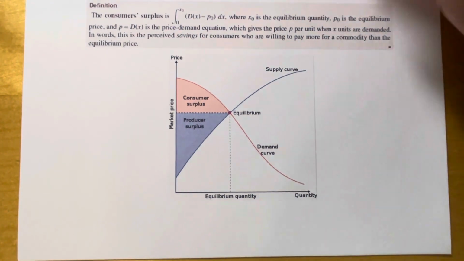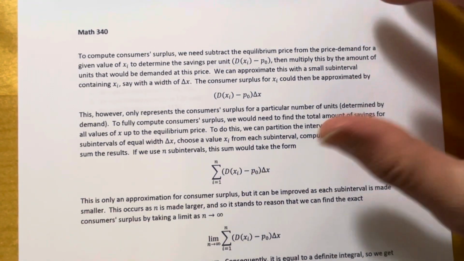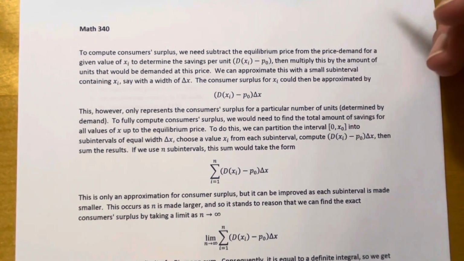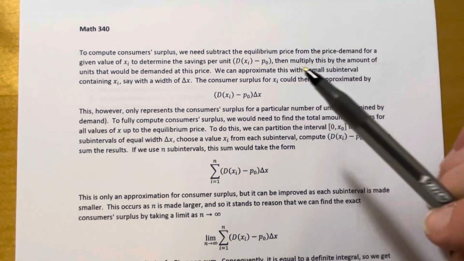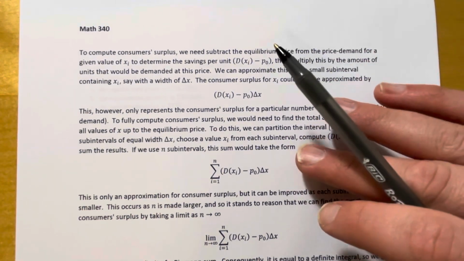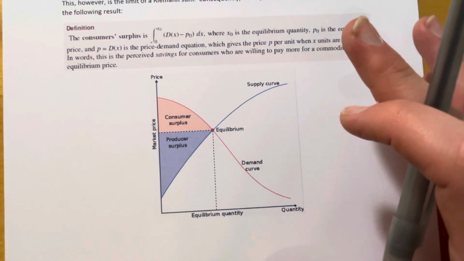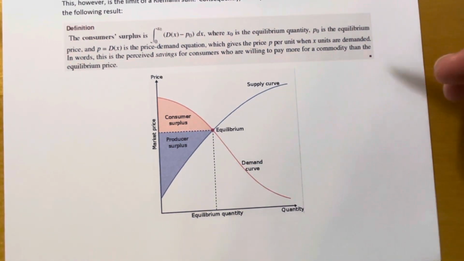Okay, so to make an argument for why this is consumer surplus, I'm going to go back up here. So again, remember, we're thinking of consumer surplus as savings, right? The consumer interprets the equilibrium price, if they're willing to pay more, as almost like a discounted price, and so they are saving money. How much are they saving though? Well, the demand is kind of what determines what people are willing to pay. If demand is high, people are generally willing to pay more money for a product because it's hard to get a hold of,